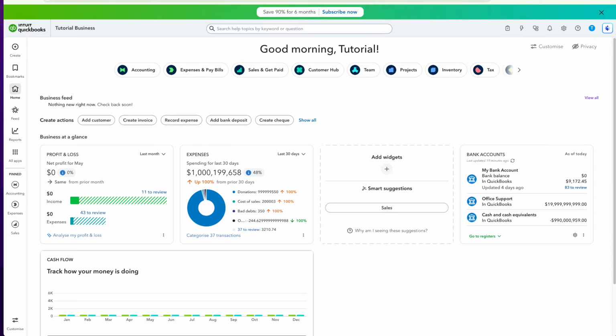In today's video, I'm going to teach you how to record refunds from vendors in QuickBooks Online. Whether you're managing office expenses or tracking business purchases, knowing how to properly record vendor refunds is an essential part of keeping your books accurate. By the end of this tutorial, you'll feel confident in handling these transactions, ensuring your expense accounts and bank records